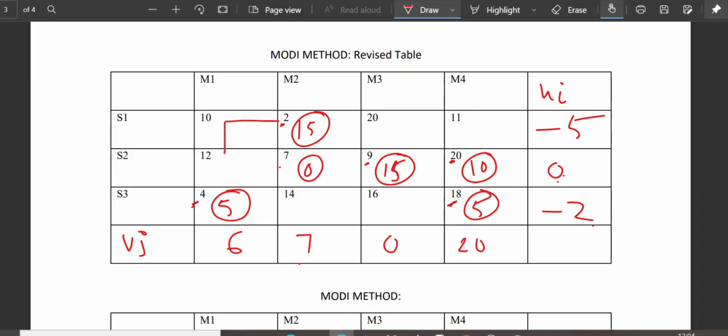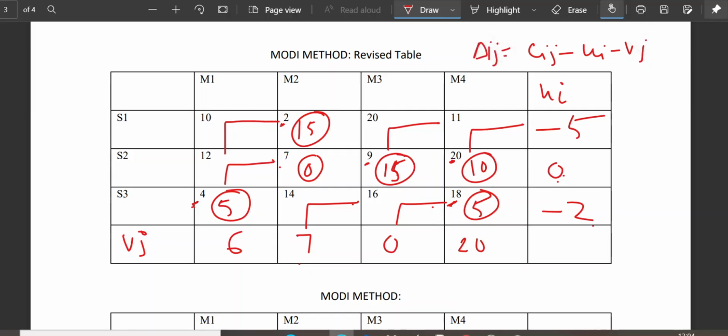So now we calculate delta ij, right? I have to draw these blocks over here. Now we calculate delta ij by using the formula Cij minus ui minus vj corresponding to this delta ij, right?